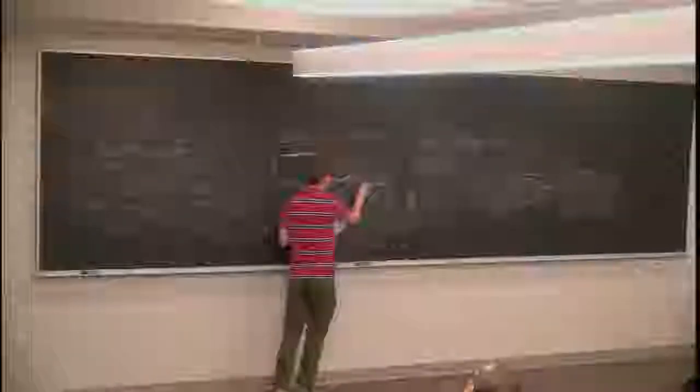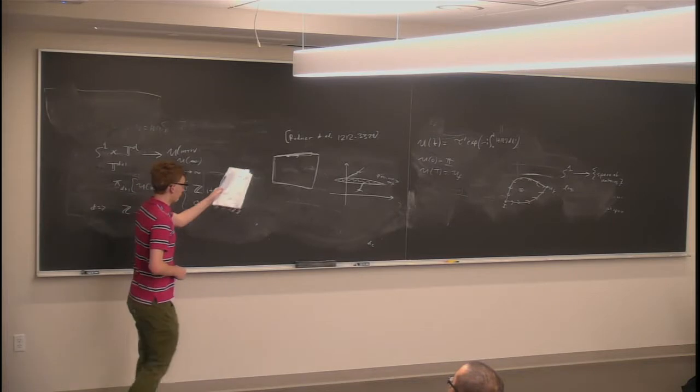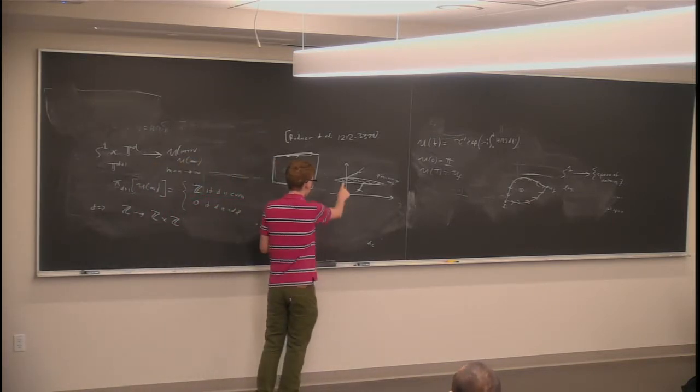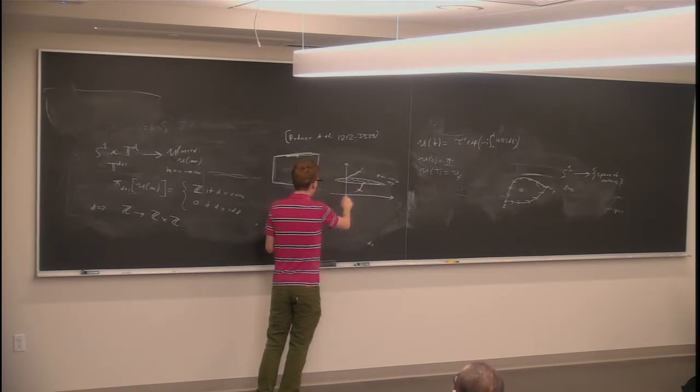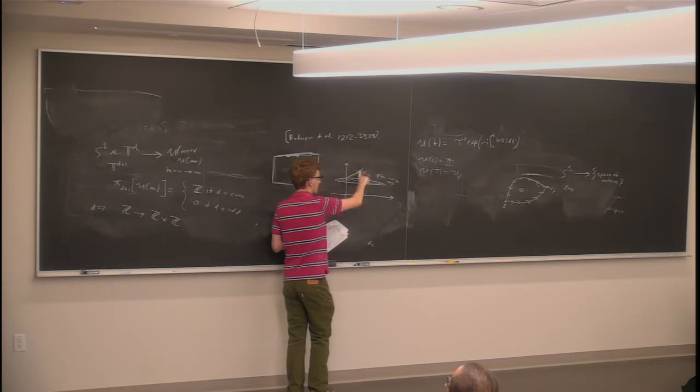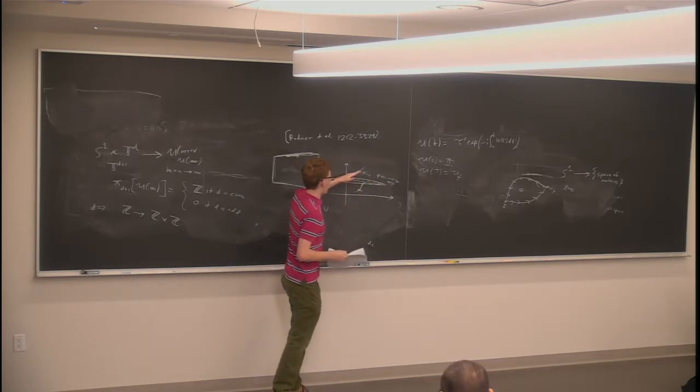If you fill in the bulk electrons, then you also fill in the edge states, but only up to some cutoffs. And so what we're showing in this paper is that the Chern number of these bands, which is a stationary invariant, is given by, so there's two things you can define here. There's the n up, the number of edge states. This edge state, where I've drawn it, is chiral because it has group velocity only going in one direction.